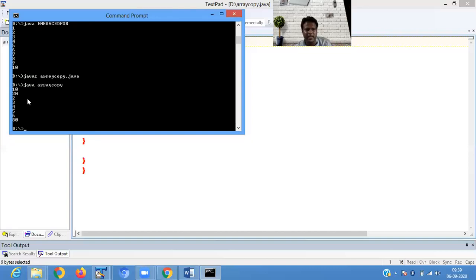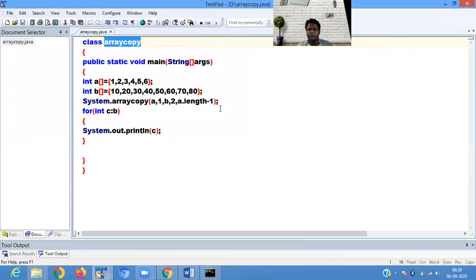Then from the first array the elements have been copied: that is 2, 3, 4, 5, 6, then 80. Okay, it is the work of your array copy method.